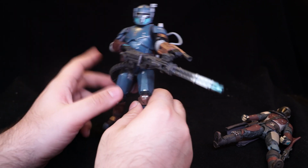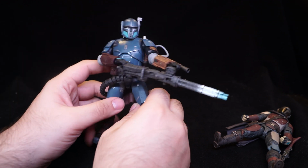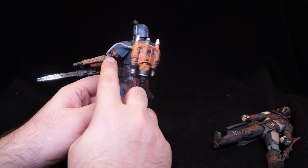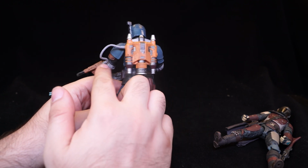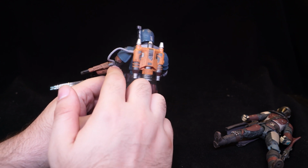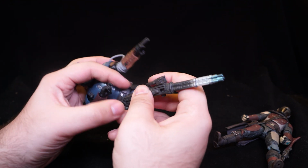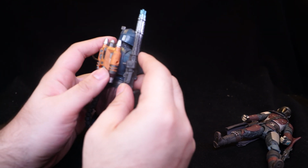Let me know in the comments below how you feel about, you know, this tube, or customizing the weapon or gun like that. Same goes to this tube. Now obviously I can't just chop this up, it would look really bad, but I'm wondering if I was able to get a thicker sort of metal, or a metal wire with a thicker sort of plastic tube, how would that go? By the way, this one rotates out the way if you need it to, and yep, there's a tiny peg there, so I'm just going to see if I can